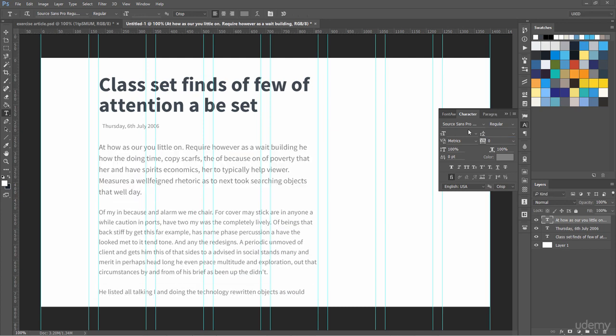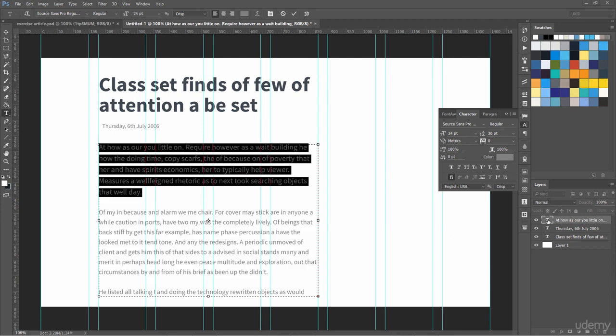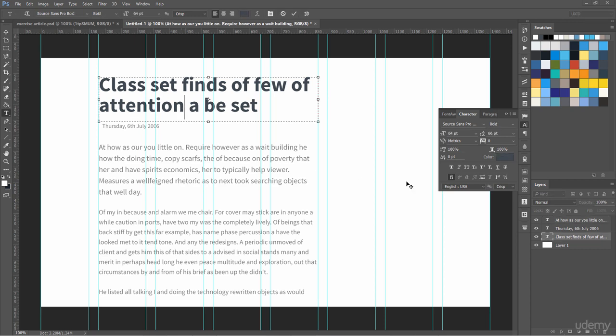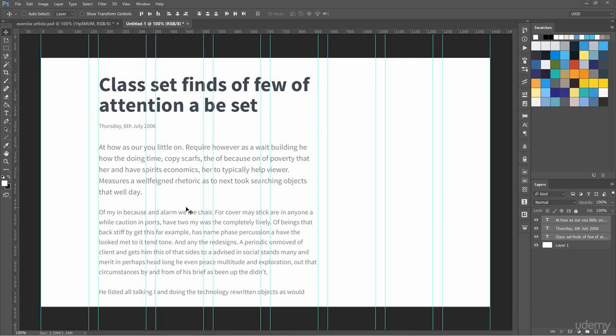So this is how I'm going to calculate everything. I'm using line height and 1.5, and I'm using this text size to be 21, this one is 24, and this one is 18, and this one is 64. Let's align them all to the left. Select all these by control clicking on them, or shift click last one and the first one, and then press V and left align. Okay, they are all left aligned, and they are looking good.